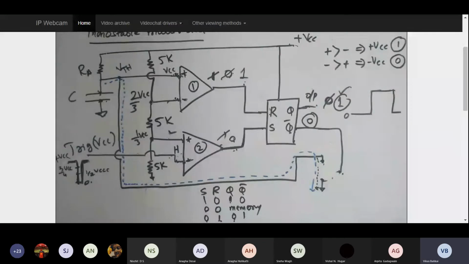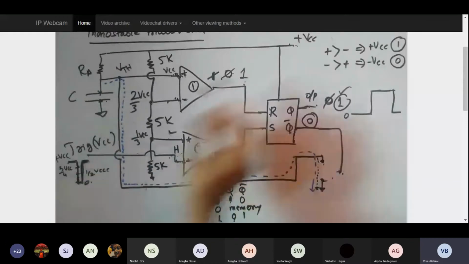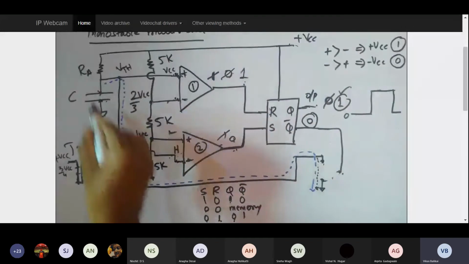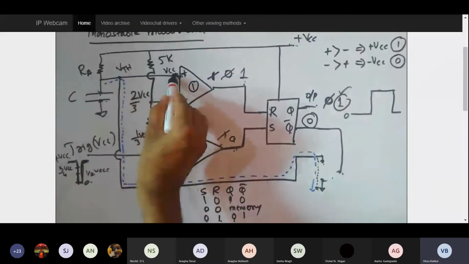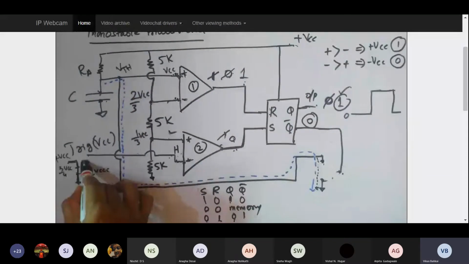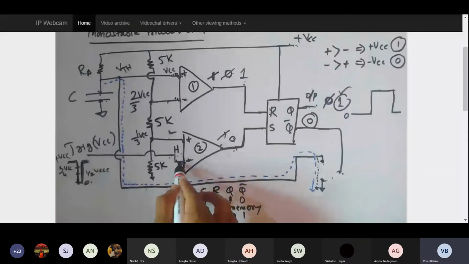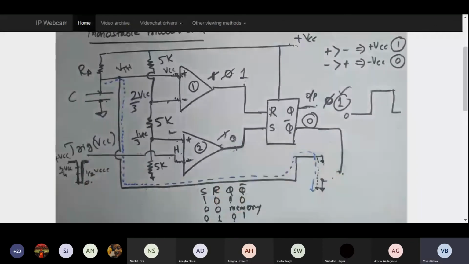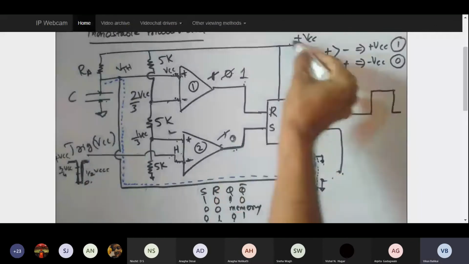Again it will come over here. We'll see what is going to happen. Now since VCC has already reached, because I already stopped VCC, the capacitor did not discharge from here. It went over here. Now again I give the VCC positive trigger. So when the positive trigger is given, this will be again at the highest potential, this will be at the lowest potential. 0 will come again over here, and this capacitor will charge.